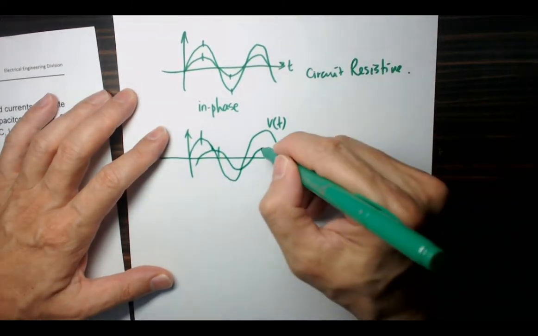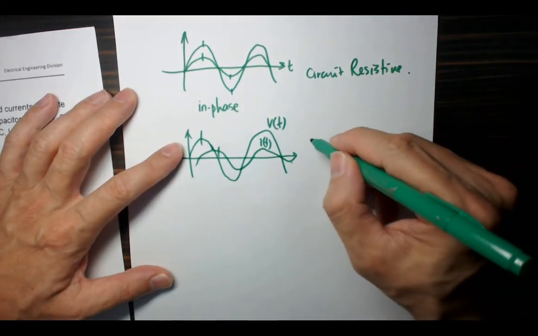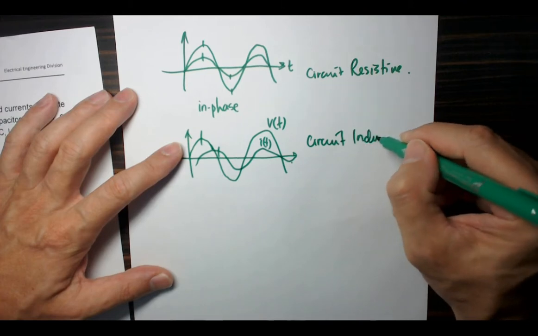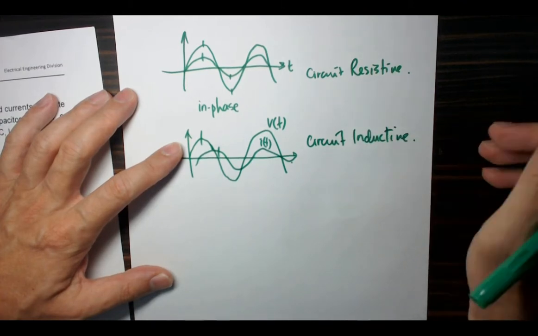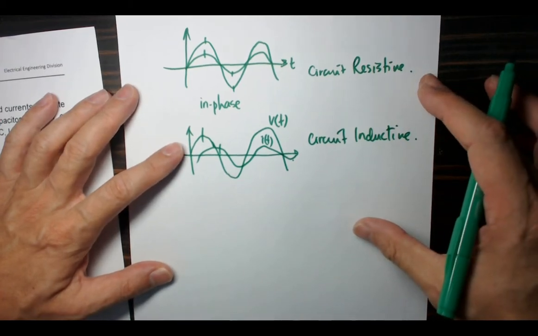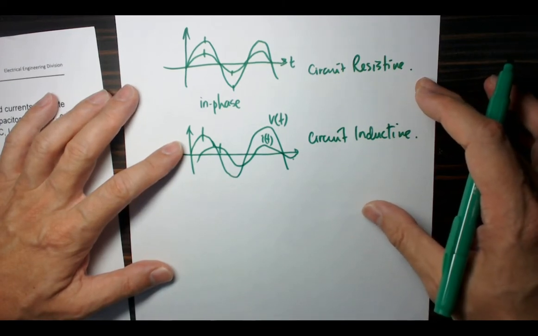Voltage reaches maximum while current has not yet. This we will say the circuit is predominantly inductive. That means it has a stronger inductive reactance which cancels out any capacitive reactance, and also may have some resistive,